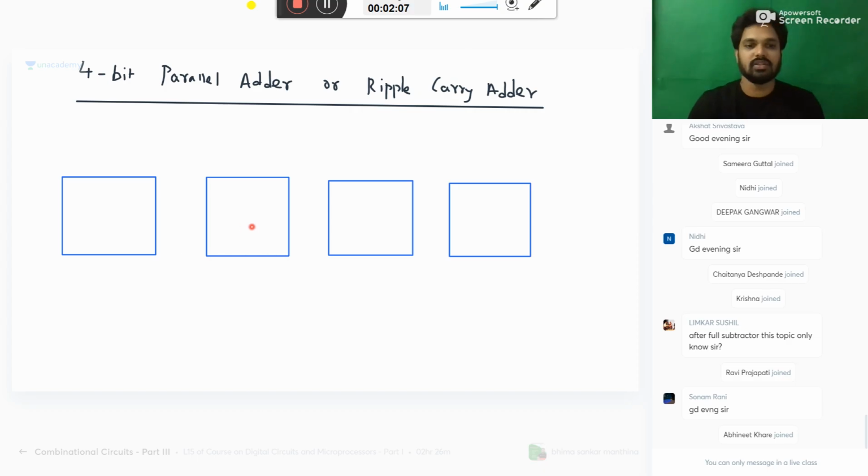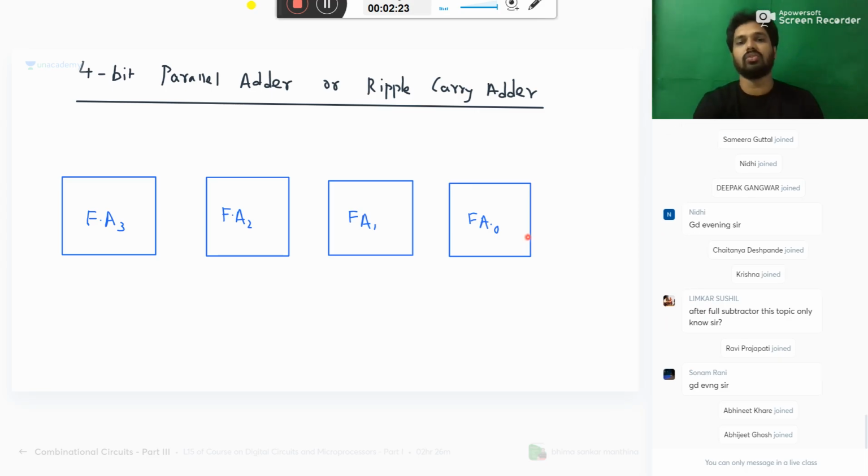So let's start this. Suppose I have 4 full adders like this. Full adder 3, 2, 1, and 0. So I want to make a 4-bit adder circuit. You know, one full adder can add 3 bits at a time. So I have two 4-bit numbers. I want to add them. For example,